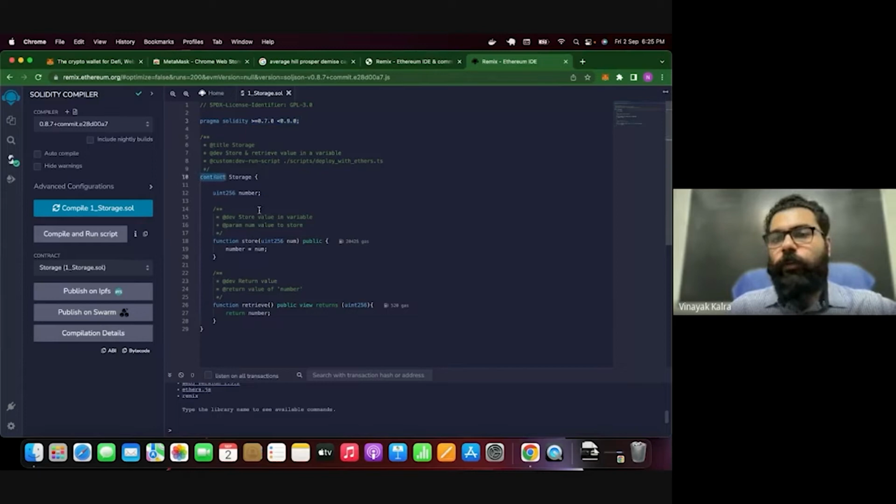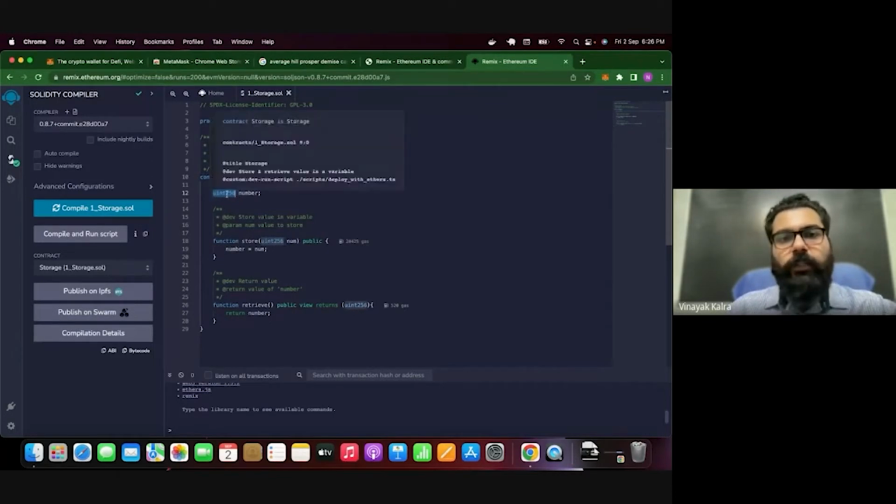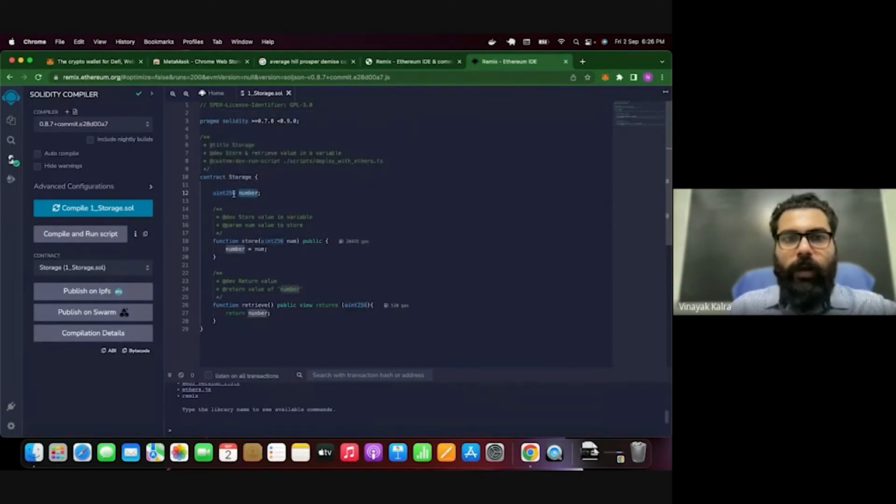Now, whenever you create a contract, you start with the contract keyword, contract Storage. Storage is the name of the contract here. And then uint256 is basically unsigned integer 256. This number can have a value up to 2 raised to the power of 256 minus 1, which is a huge number, right? That is the significance of uint256. But at the same time, it is unsigned, so it will always be a positive number, not a negative number. If you want a negative number as well, you should use signed integers. In that case, it is normally represented by int,